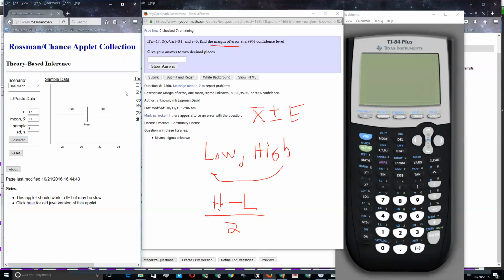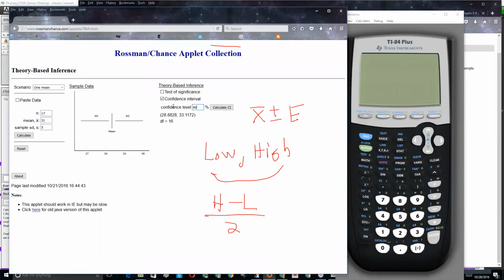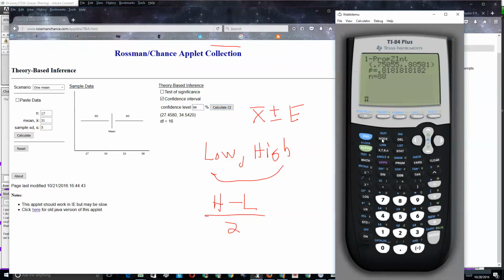So now what I'm going to do is come over here, and I'm going to do a 99% confidence interval. If I can get my board back here, let's see, where are we? A 99% confidence interval. Let's calculate that beast, and that's the interval, the low and the high. So what I'm going to do on my calculator, just so you can see it, so you don't have to put up with my writing, is I'm going to take the